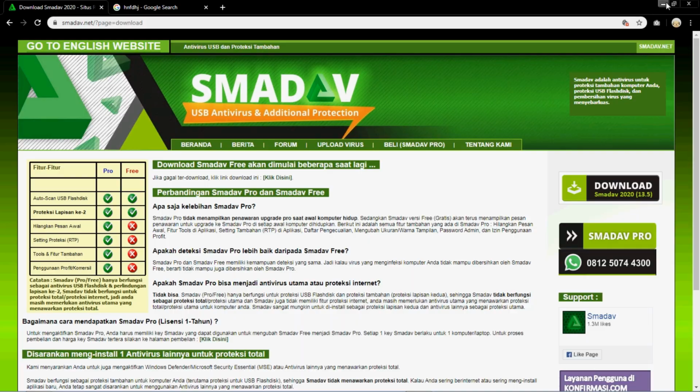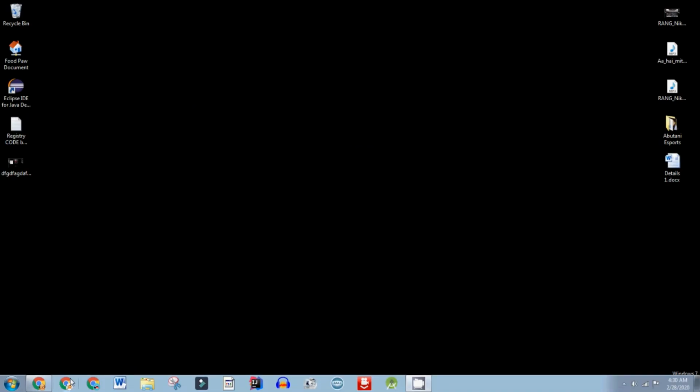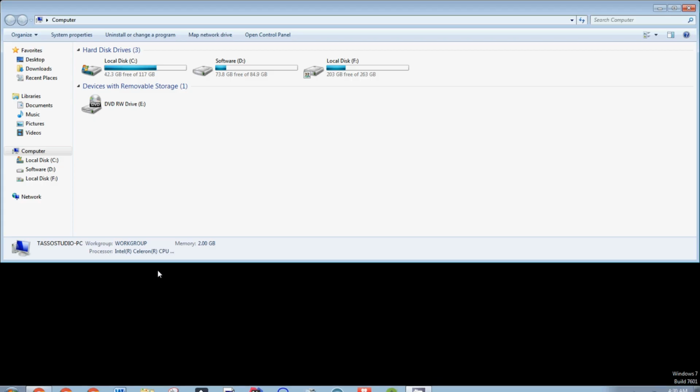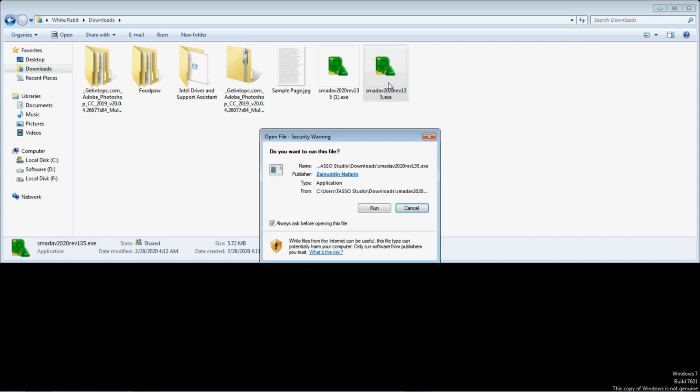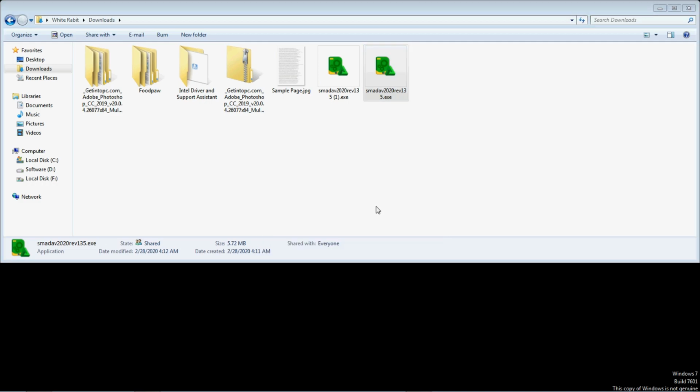After you download the program, go to computer, downloads, and you can find this Smadav exe file. Open this, run. Yes,